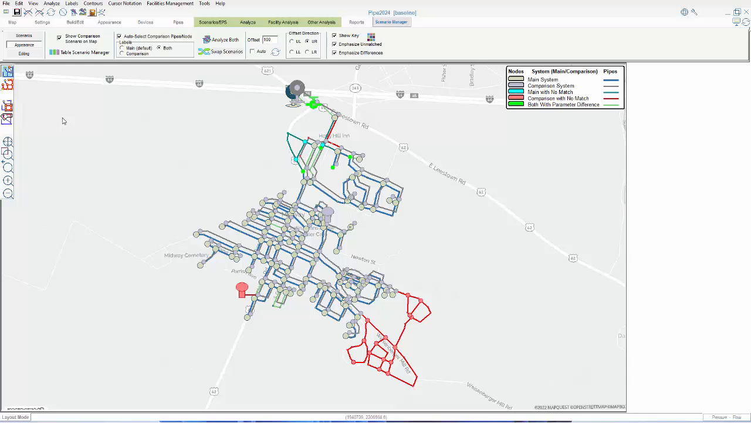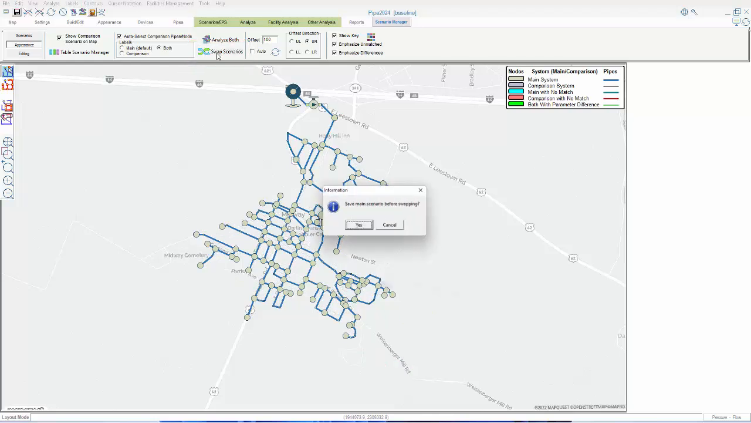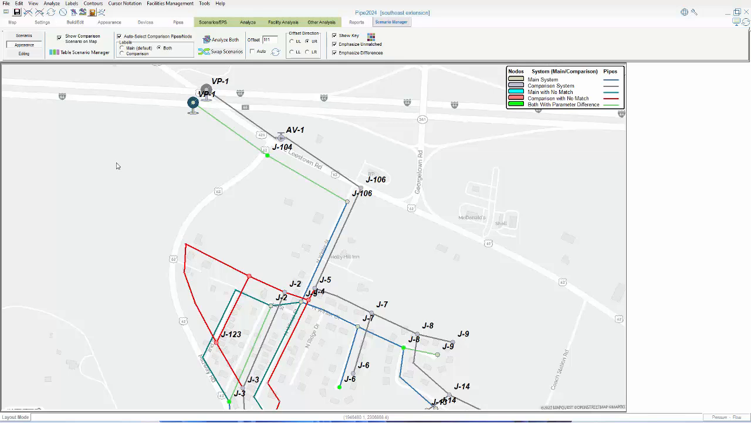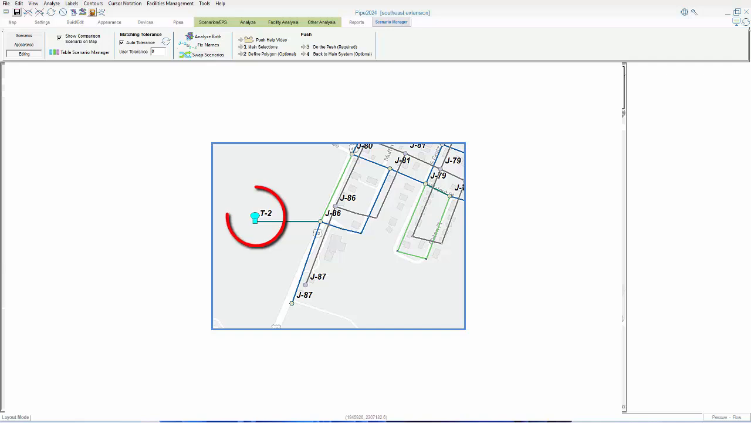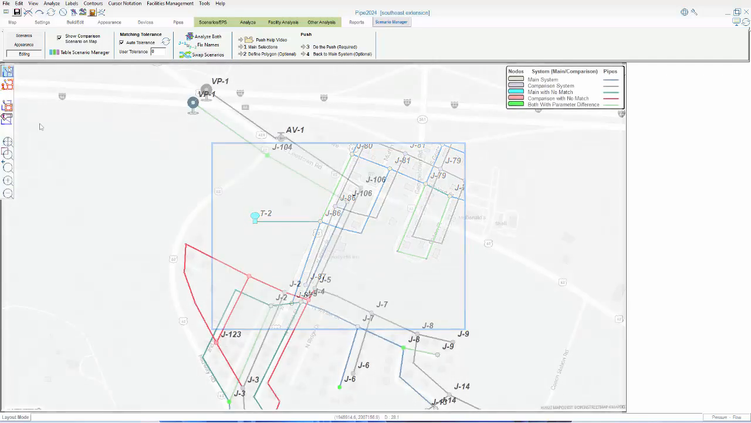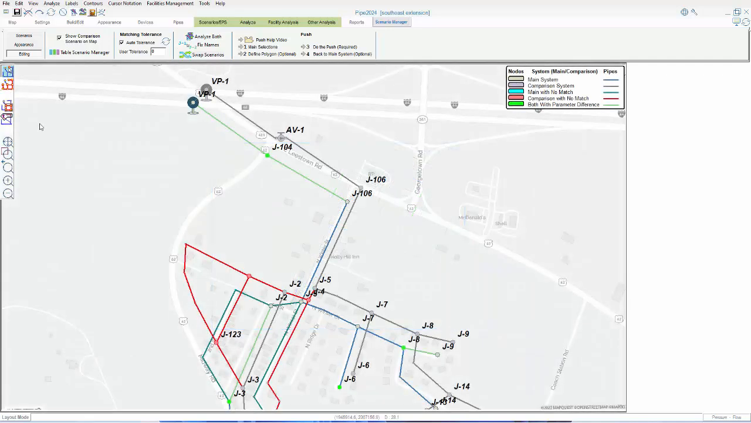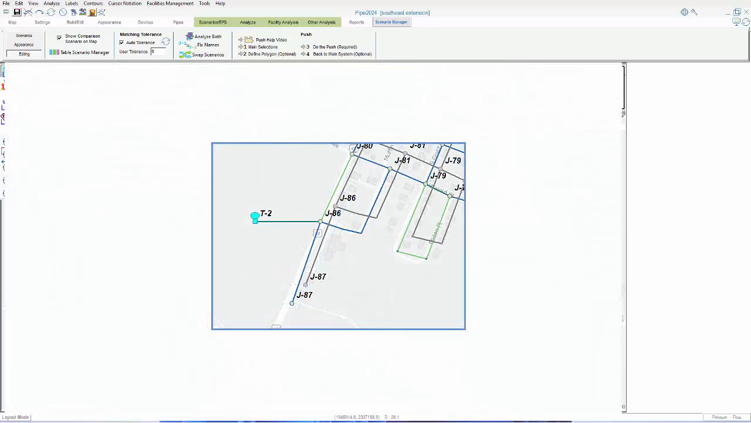The first thing to do is to swap the scenarios. So Southeast Extension.p2k is now the main scenario. Next, we'll go to the Edit tab, where we want to push this tank from Southeast Extension.p2k to baseline.p2k. Performing a push moves the selected pipes and any connecting nodes. So if you want to push a certain node, be certain that one of the connecting pipes is also selected